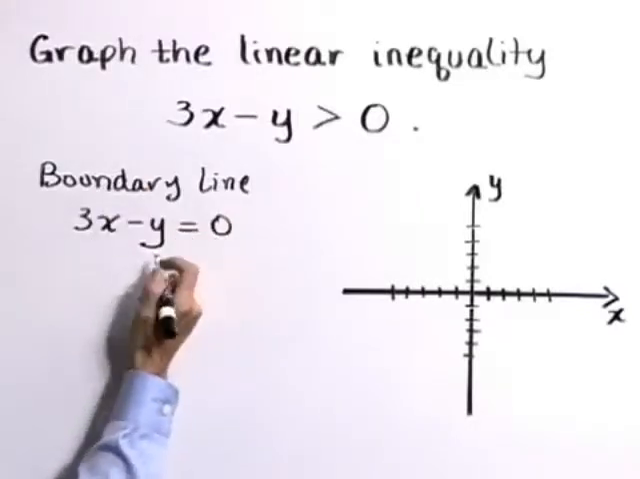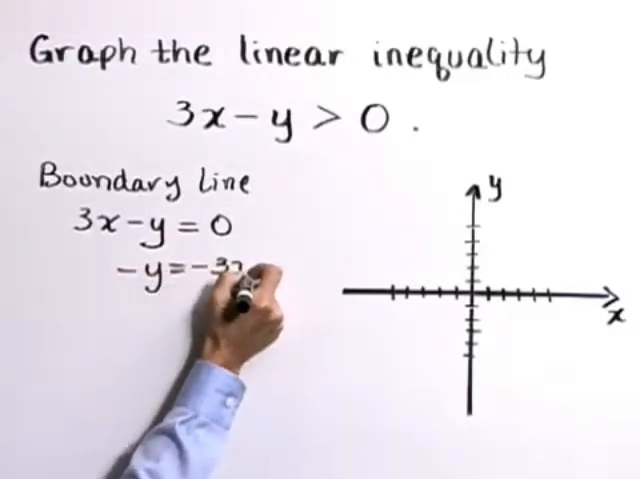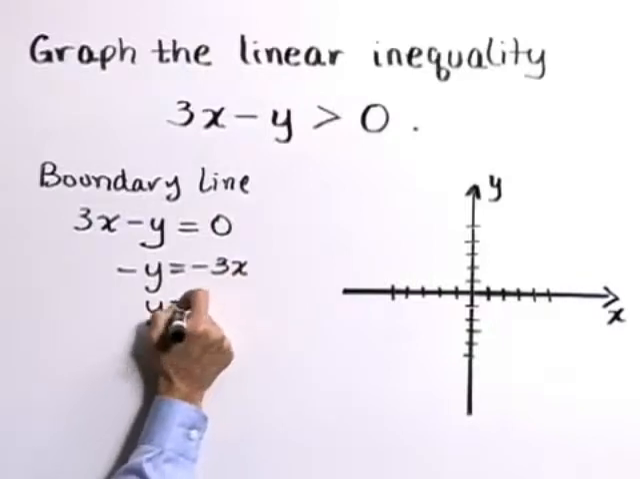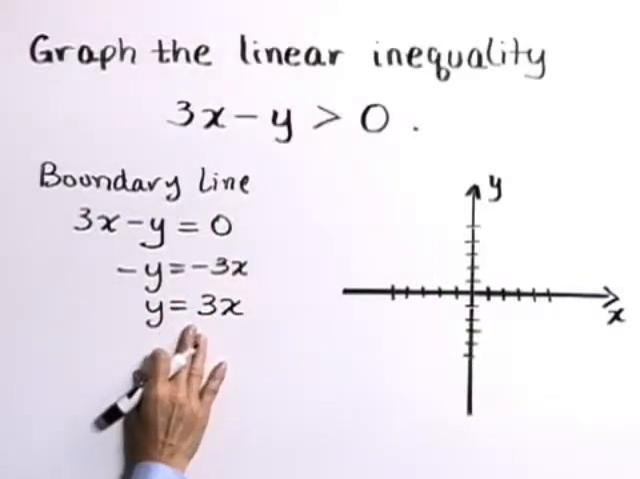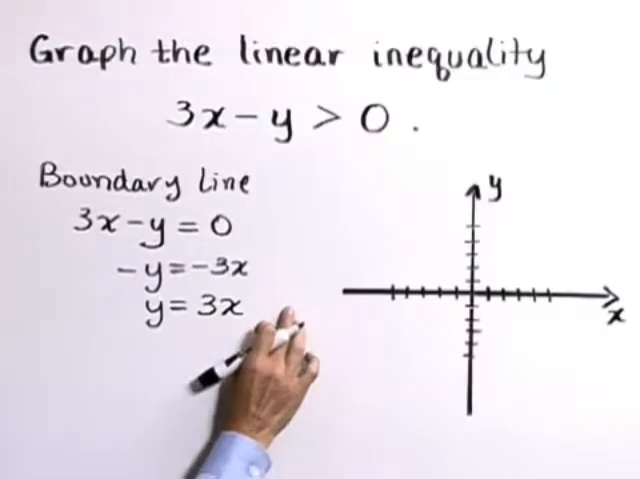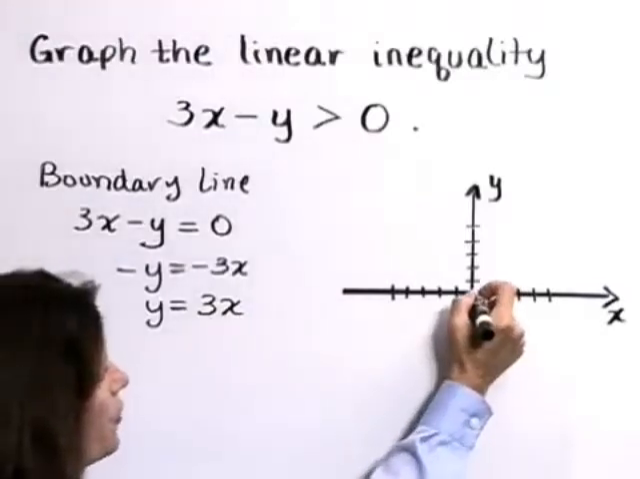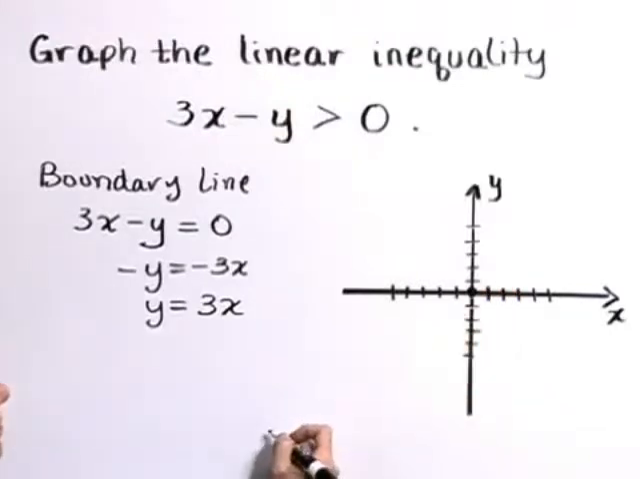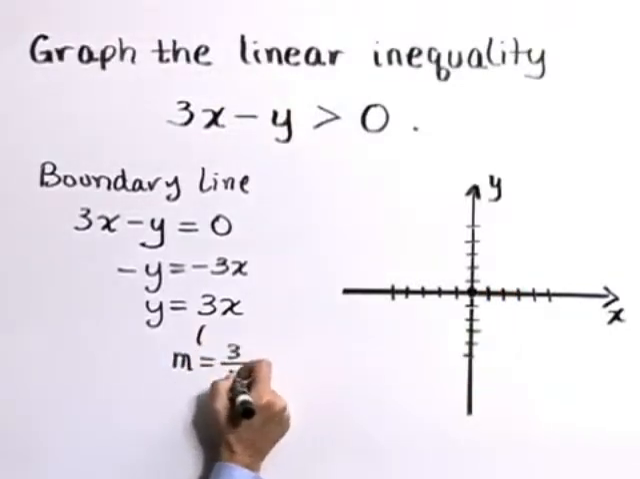If we subtract 3x from both sides, then we've got negative y is equal to negative 3x, or y is equal to 3x. So our boundary line is a line that goes through the origin. This is in slope-intercept form, and there is no intercept identified, therefore it's 0. So this line goes through the origin at (0, 0), and it has a slope of 3, or 3 over